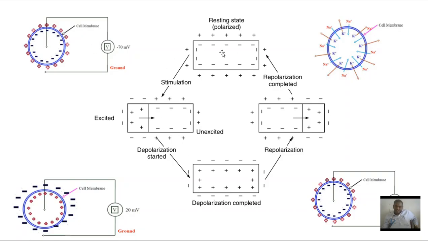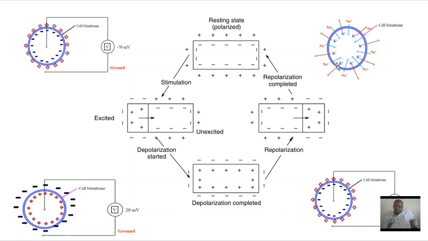The same diagram is explained in a different way, in rectangular form. Now the cell is depolarized because of a stimulus. If a stimulus is applied to the cell, depolarization starts. Because of the depolarization, the semi-permeable membrane property changes. Because of this change, the sodium ion, which has a higher concentration outside, goes inside, and the potassium and chloride ions inside come outside. This is called